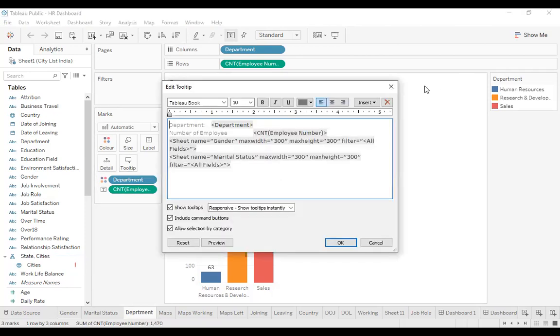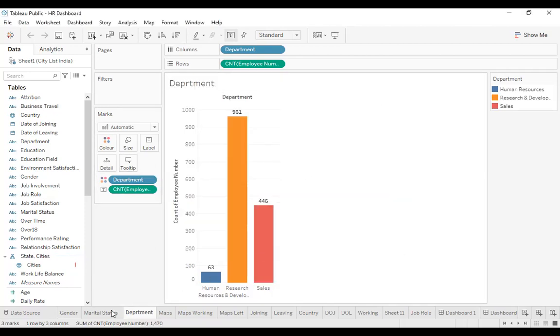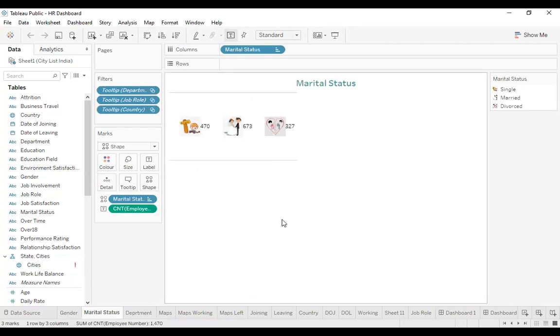Tooltips: when we are talking about the marital status and we move around on the data or the visualization, this is called hovering around the data. When we hover around the data, we see the display of the marital status, divorced, and the count of the number of employees.